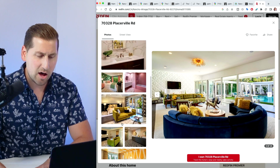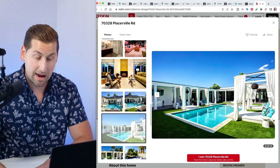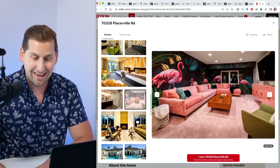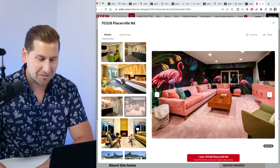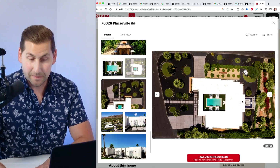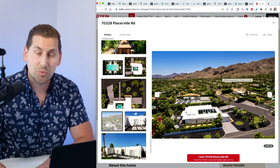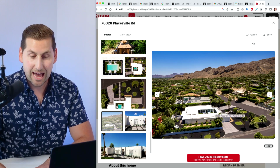So I helped a person basically flip this house. They bought it and fully gutted it, and then someone flipped it again and just added some wallpaper, and they made like $1 million on this flip, and they didn't even do much, which is pretty crazy. But look at the lot. This is a reason why people buy in Thunderbird Heights. You see how large this lot is and all the privacy? This is a really good photo where you could see the mountain view right here and just how big all